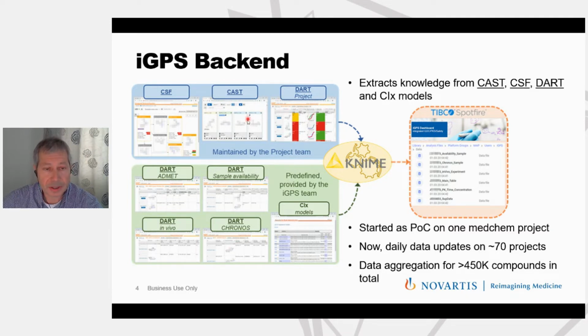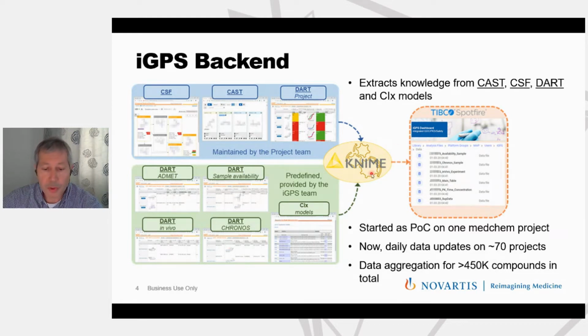And to this real and virtual compound, we are joining also ADMET data, sample availability information, in vivo, and also model predictions that are joined in addition.